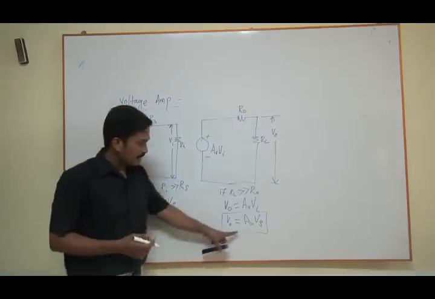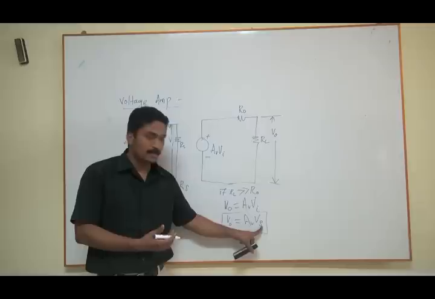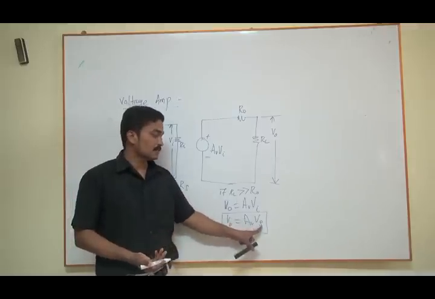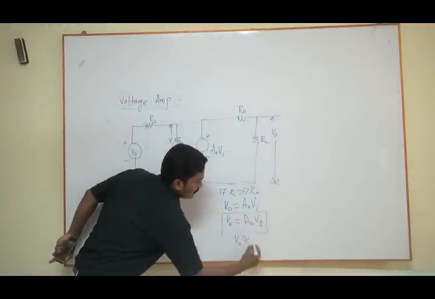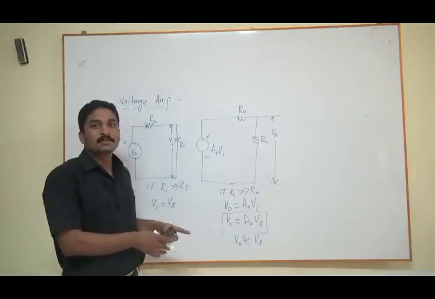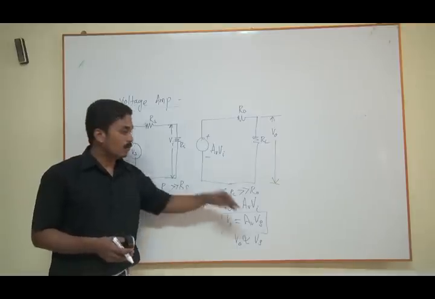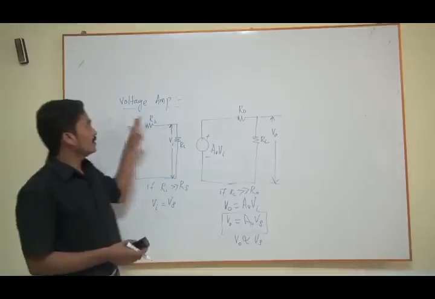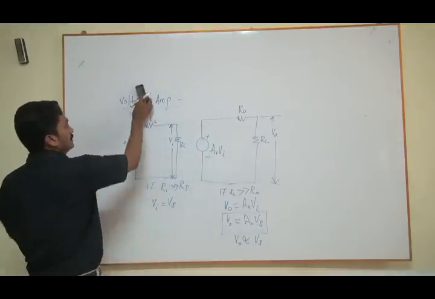Right? You can see here the output voltage depends on the input voltage source Vs, which means the output voltage varies with respect to the input voltage source, or your V0 is proportional to your Vs. So this type of circuit is what is called the voltage amplifier circuit. Your output voltage depends on the input source voltage, and that is what is called the voltage amplifier, right? And what about the current amplifier?